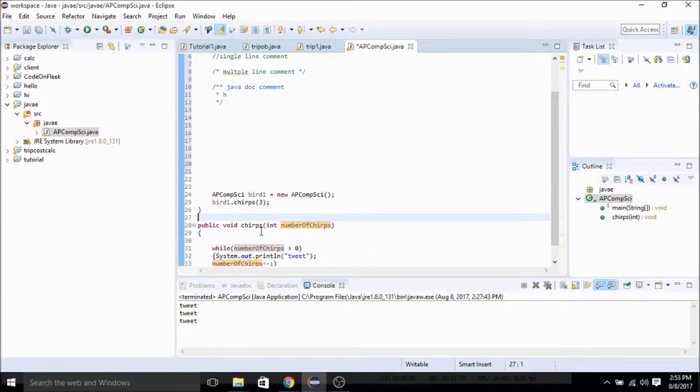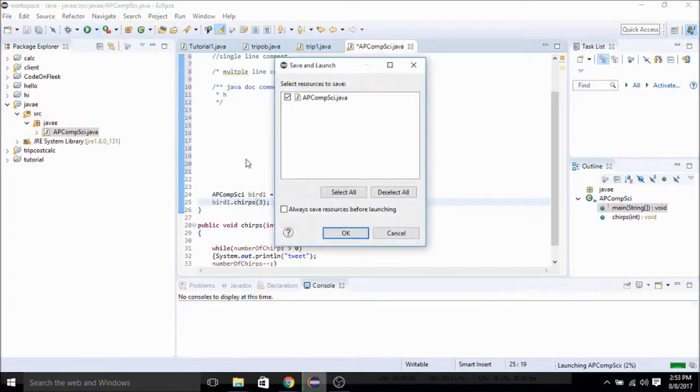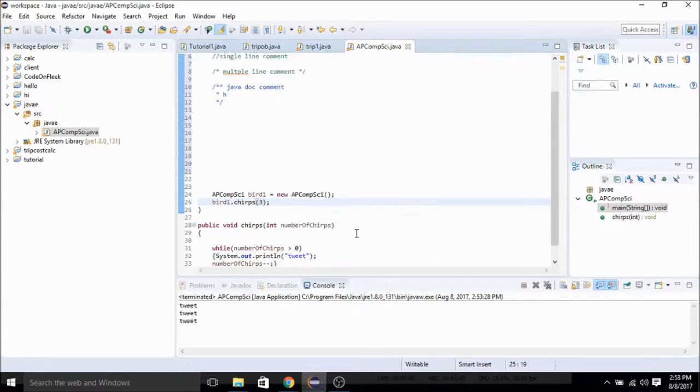So our method was chirps, so you write chirps, and then in parentheses you put the parameter. Usually, right now it might not come up, but it will show a little box that tells you the number of chirps so you know what to enter. For example, I just submitted a parameter, and if I run that,